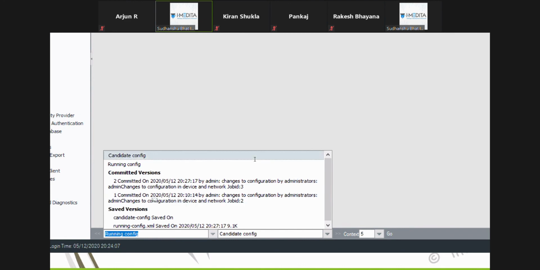Okay, suppose I want to compare running configuration and candidate configuration. What is that?